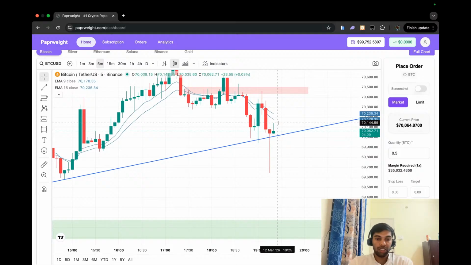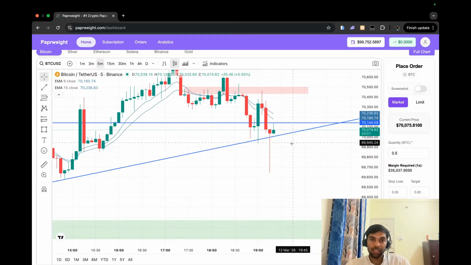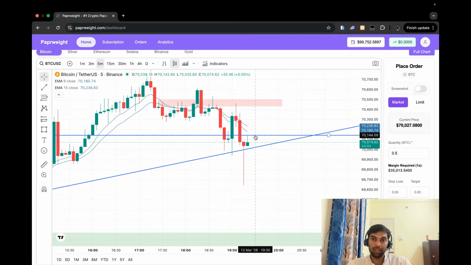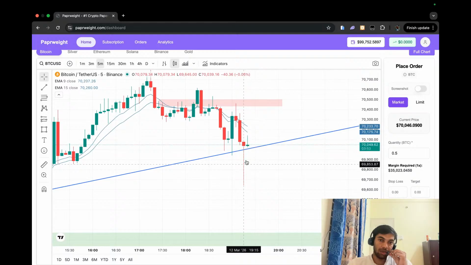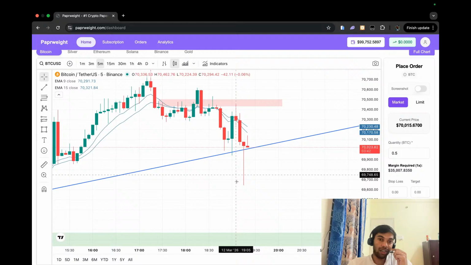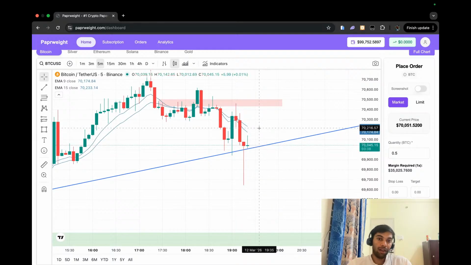Now we will punch the trade in the up direction as soon as it crosses this. What is this? 70144. Okay. Let me remove this. Why I'm punching the trade in the up direction is because of the movement of this candle. This is a trend line breakout, and this trend line breakout didn't sustain. That means that it trapped all the sellers, and sellers have their stop loss somewhere here, right?